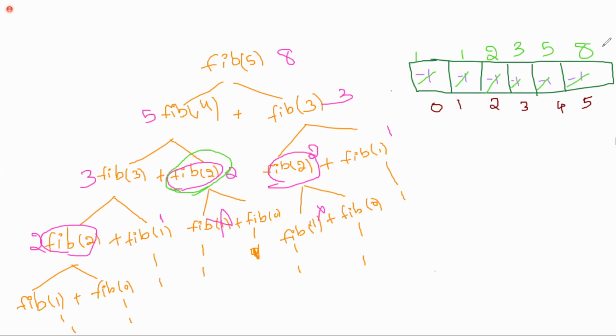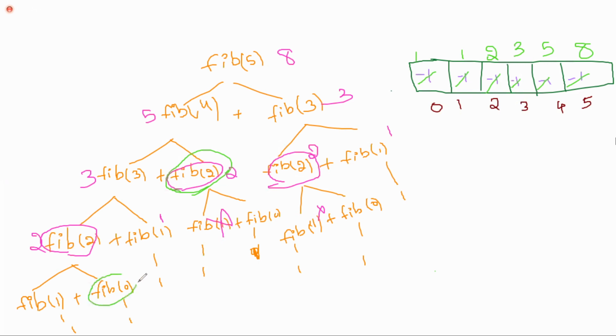How can you measure the efficiency? By calculating the time complexity. Is there any change in the time complexity? We'll see now. So what is the time complexity? All of you observe carefully. Fib of 4 plus fib of 3. So for calculating 5, 1 plus 1, 2 calculations. 1, 2, 3, 4, 5 and 6.